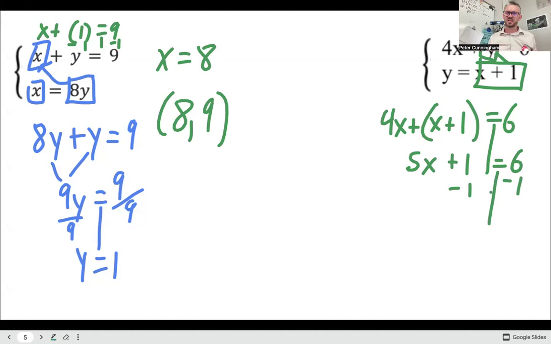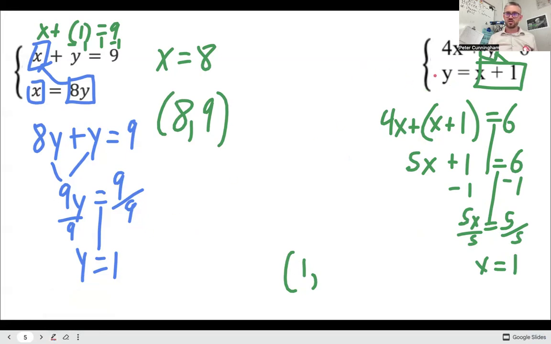From both sides. Yes. It's a little dicey here. Divide both sides by 5. X this time is what equals 1. So my solution has an x value of 1 and a y value. I need to do a little bit of